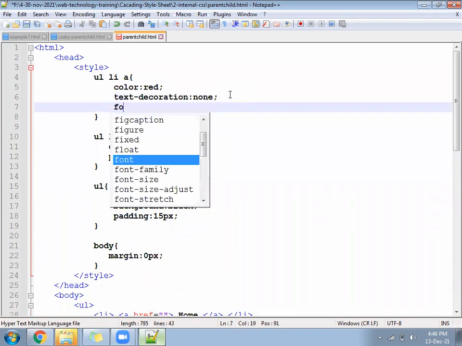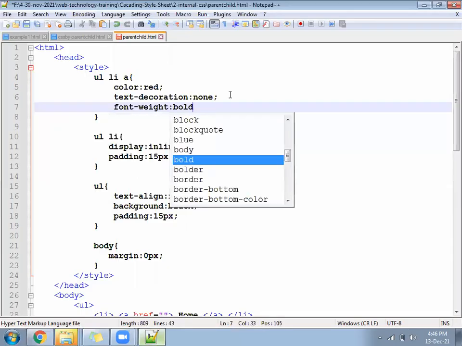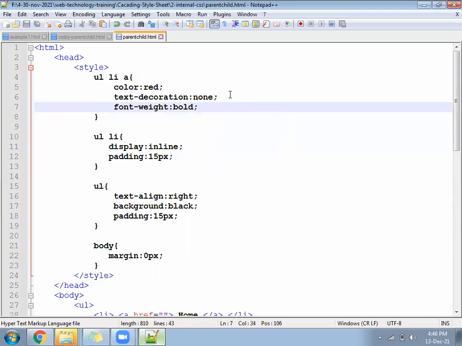Font of the text should be bold. Font hyphen weight should be bold.